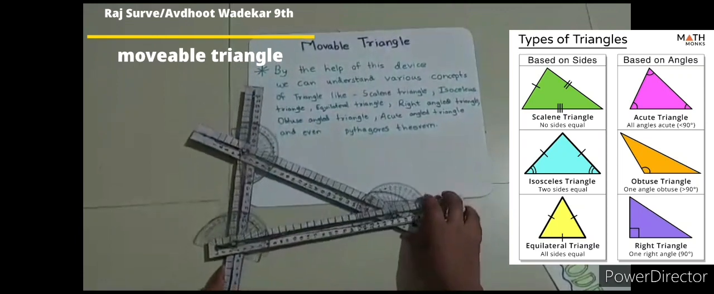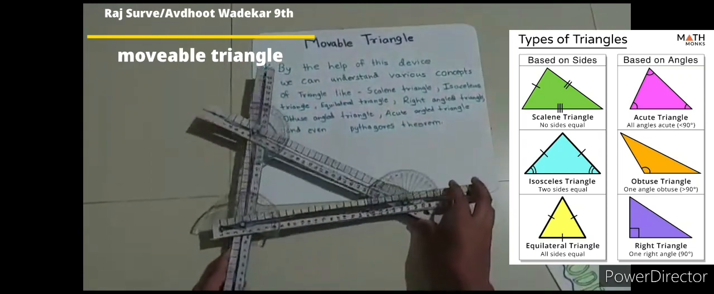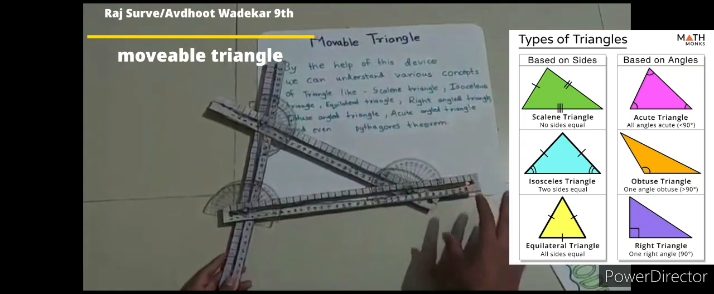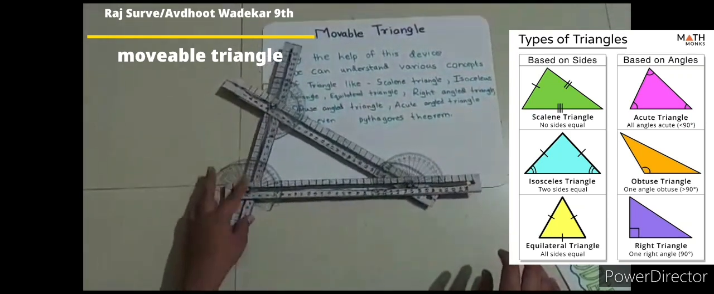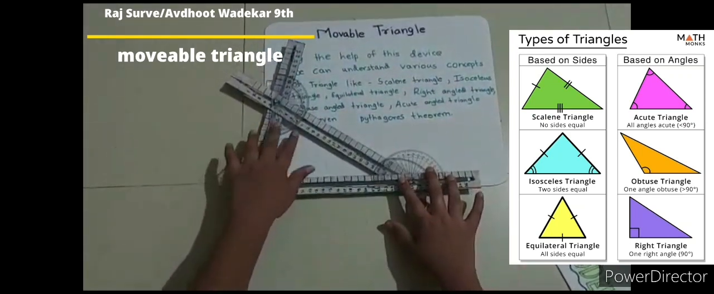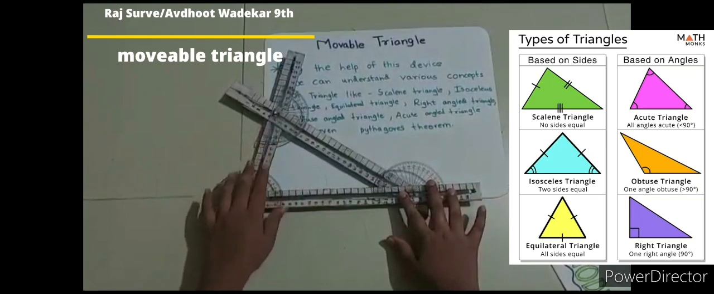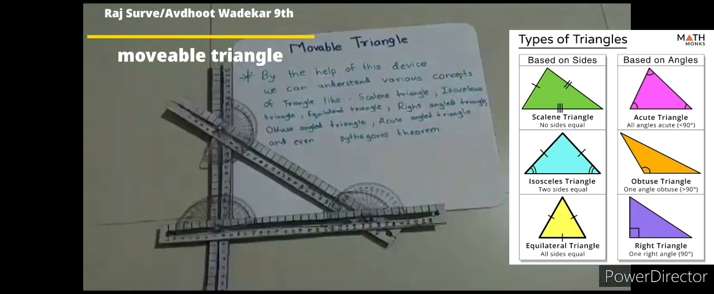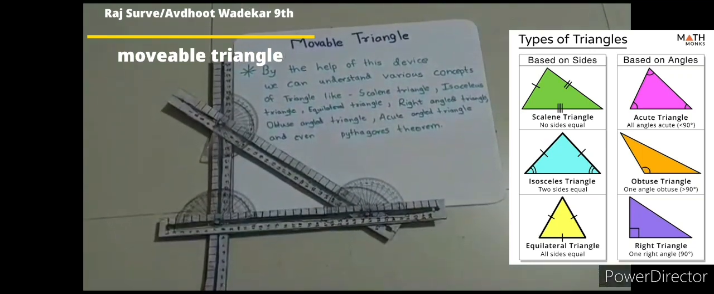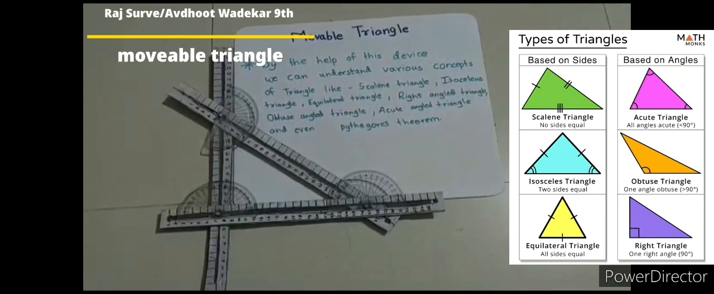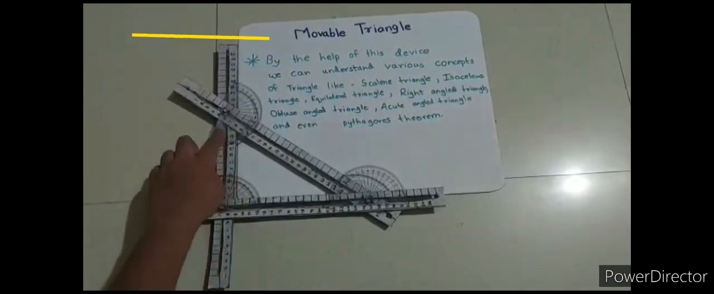Next, acute angle triangle. When all the angles of the triangle are less than 90 degrees, then it is called an acute angle triangle. Next, the Pythagoras Theorem. The sum of square of